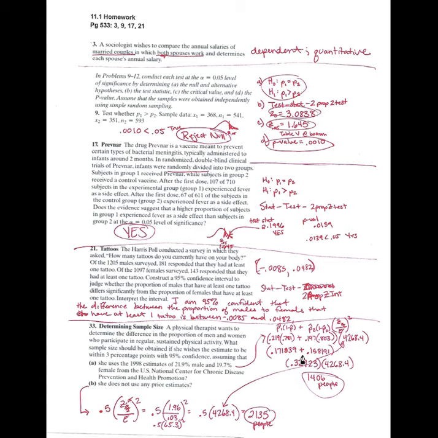So we end up running all those calculations. You can check your work with mine. And we get that if you do have a prior estimate, you're going to need about 1,406 people. You always round these up. Every single time, if this is a minimum amount of people and you get 0.01, you have to round up, have to. If you are not given any prior estimates, you always just use a 0.5